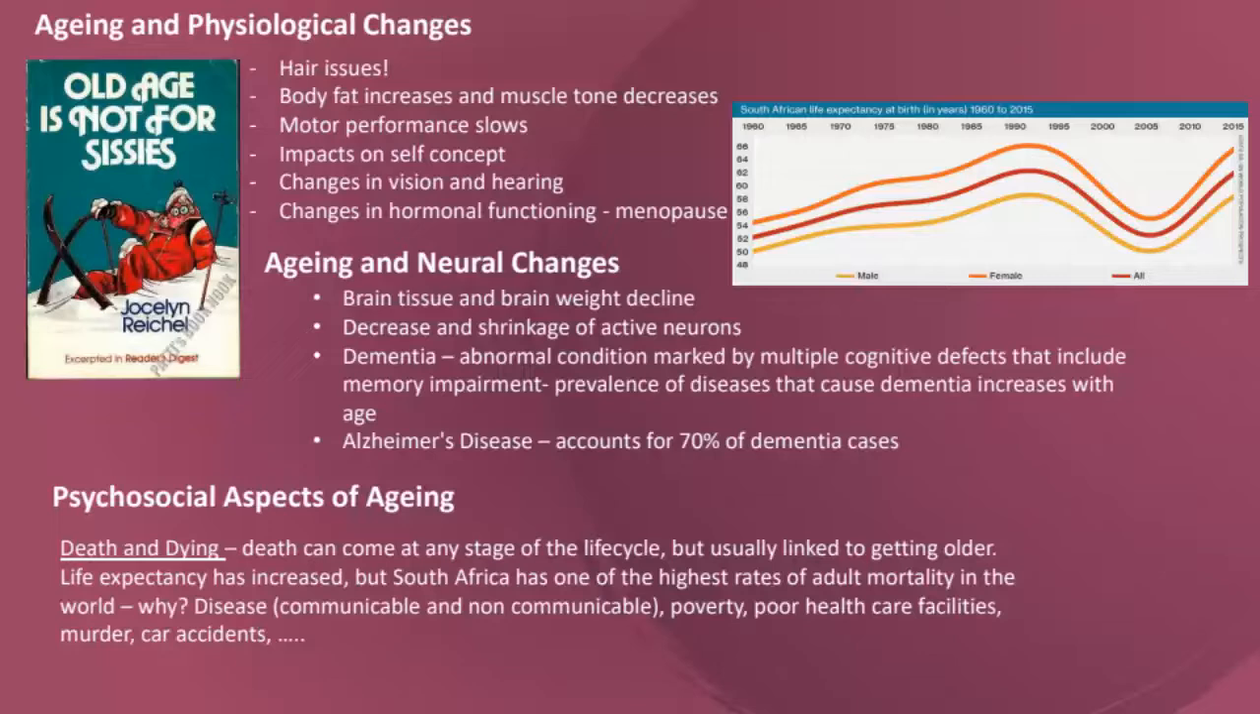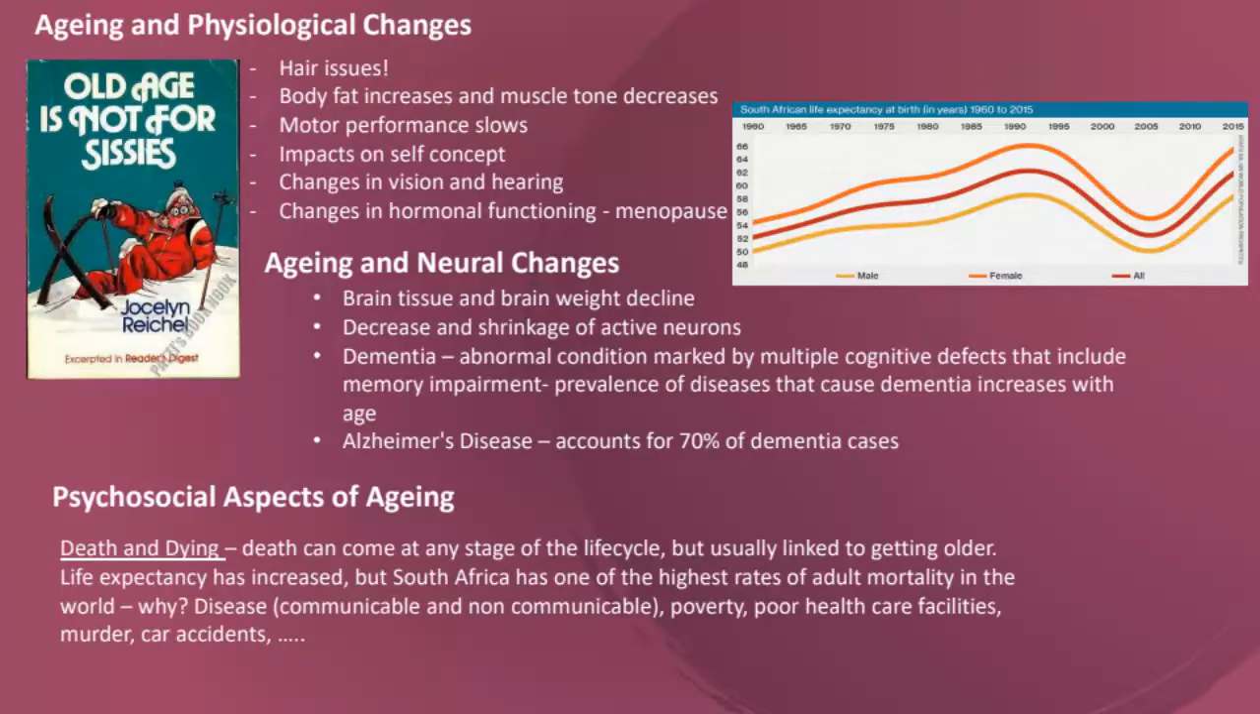There's also neural changes. So our brain tissue and brain weight declines. So there's that active shrinking of neurons, which is why it's important when you get older to keep your mind stimulated, to do crossword puzzles or read or have meaningful conversations, so that you can slow down that natural aging of neurological processes, right down to the point where aging and neural changes can lead to disease like dementia, which is cognitive defects like memory impairment, and Alzheimer's disease is responsible for dementia. So it's a neural degeneration of certain neurons that can cause memory loss and cognitive defects,